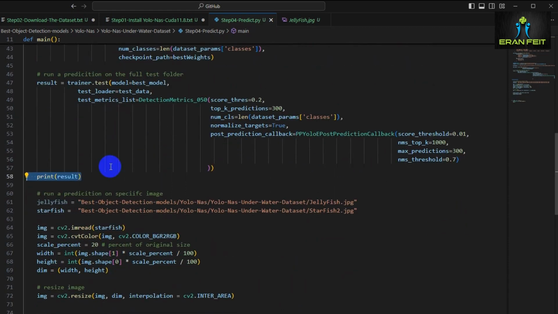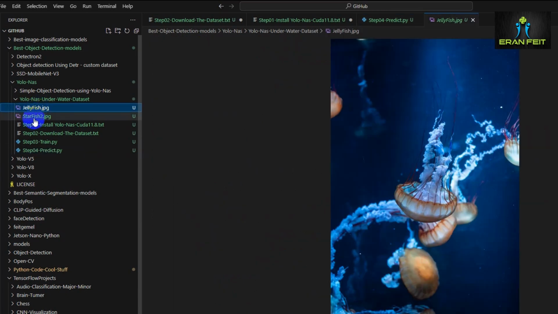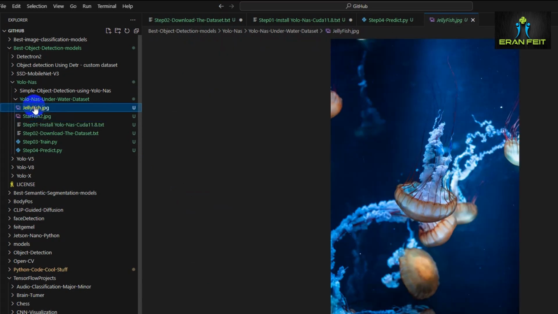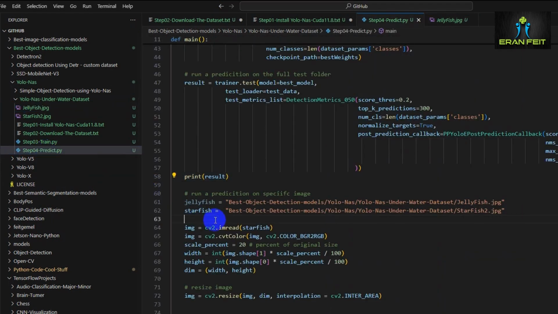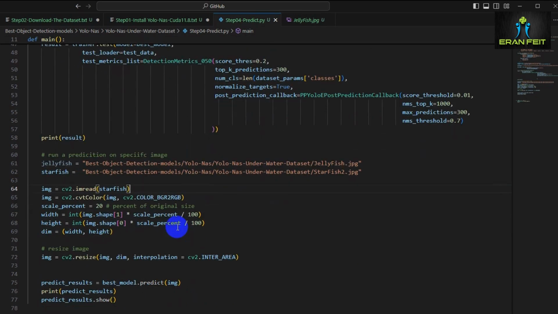The second part is more interesting: taking our two images, the jellyfish and the starfish, and trying to predict the objects inside those two images. So let's start with the jellyfish. Let's go back to our code, and as you can see, this is the path for the jellyfish image, and this is for the starfish image. And we will start with loading the first image. I can see here it's a starfish. Let's start with the jellyfish,